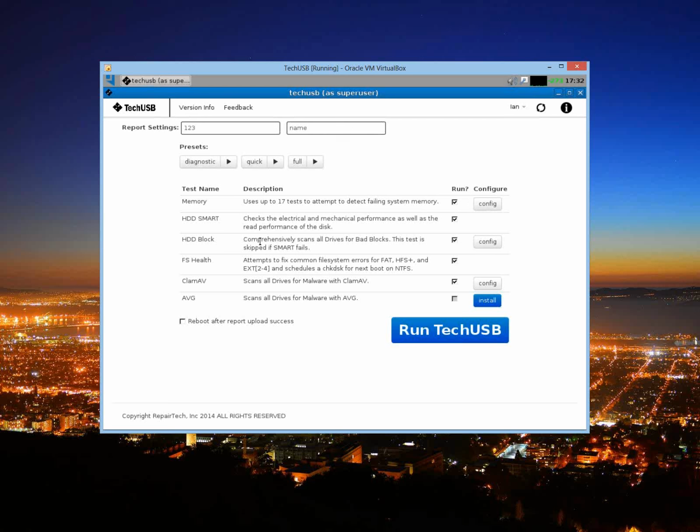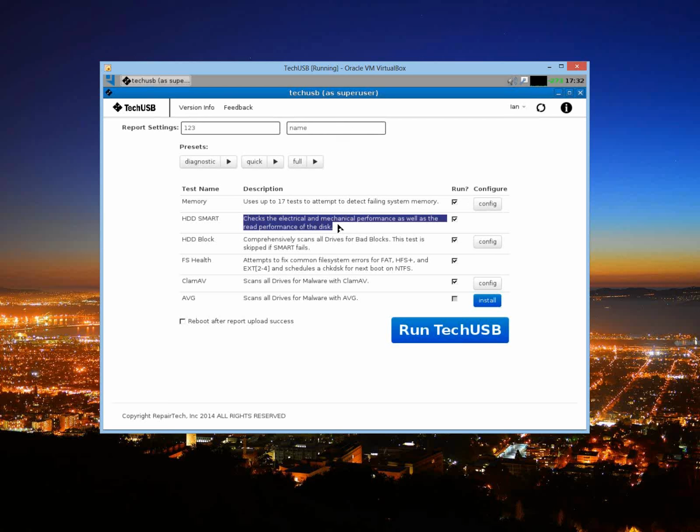And when we were designing these tools, the thing that we constantly kept in mind was how can we determine if you have a bad hard drive with as few steps as possible. The reason for that was that we wanted to increase the likelihood you were able to recover data from the hard drive. So the first tool is the HDD Smart test, and what that does is it first runs an